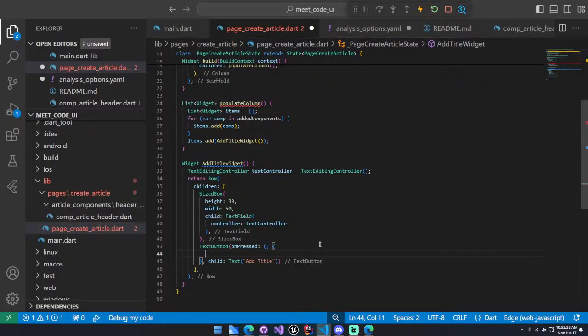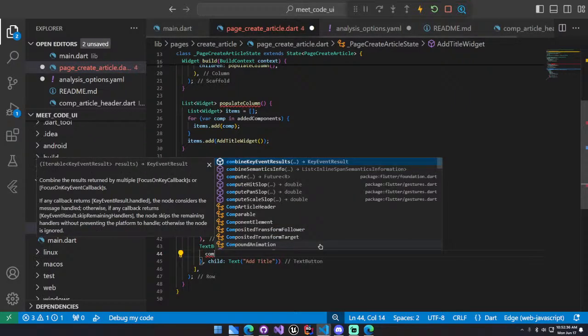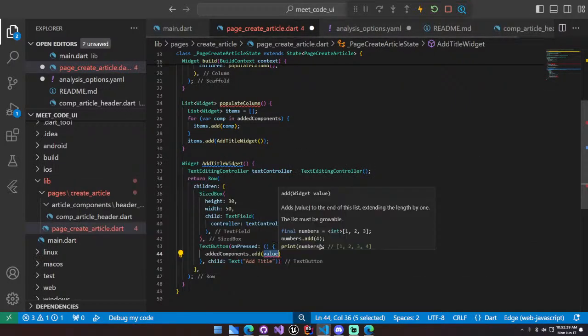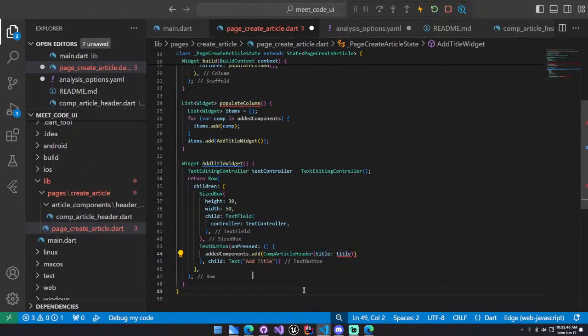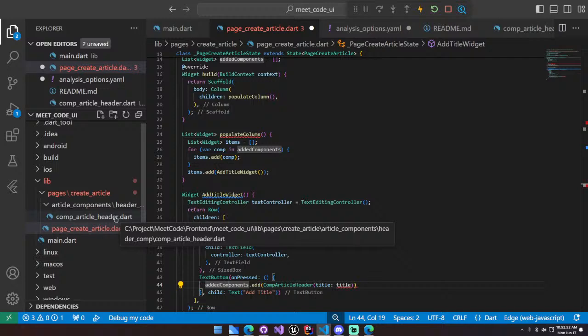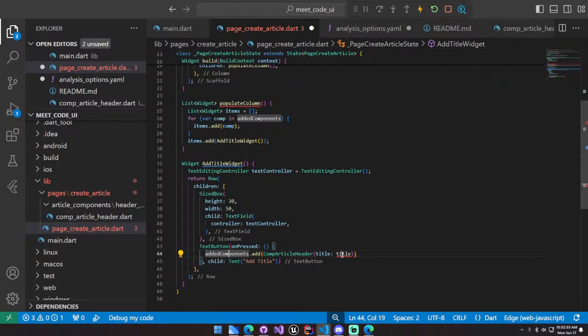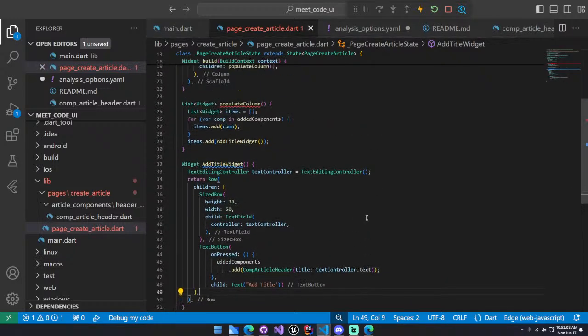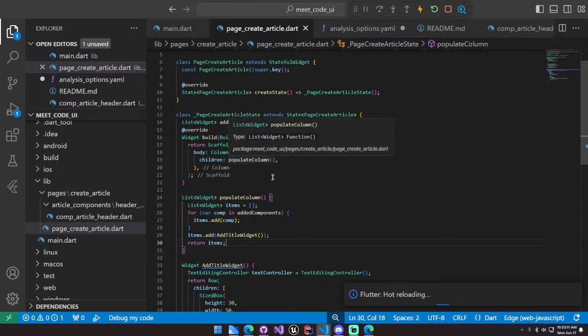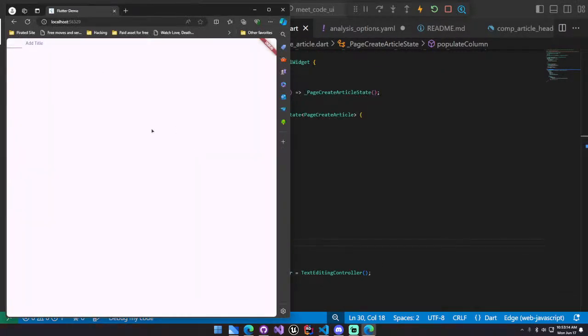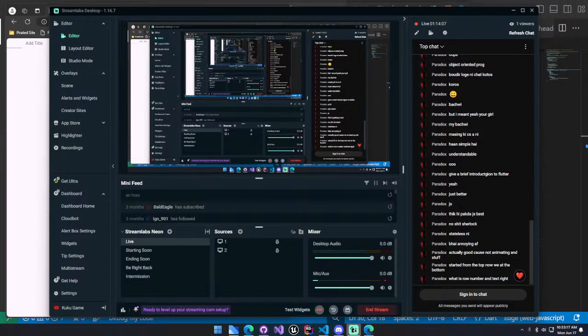Whenever we press, we want to create a new, okay, added components dot add. Let's say we're going to add a new component, article header. So whenever we press this button, we are going to add a new title in our added components. The title is going to be text controller.text. Okay. So if I go back, this one is looking good, and then we ultimately want to return items. Okay, so we are reloading, and we can see,